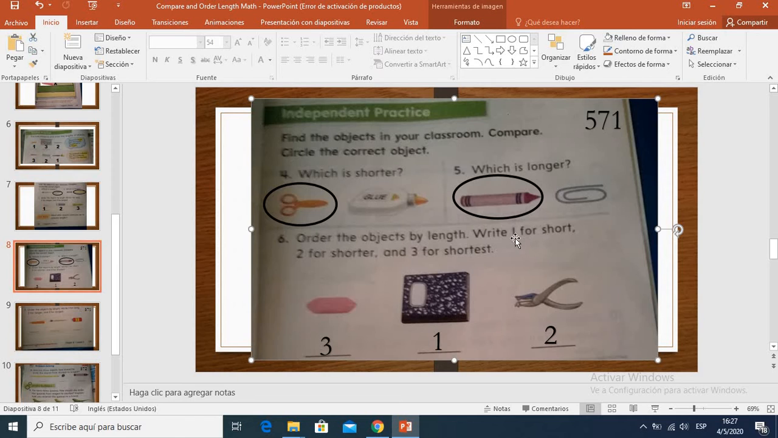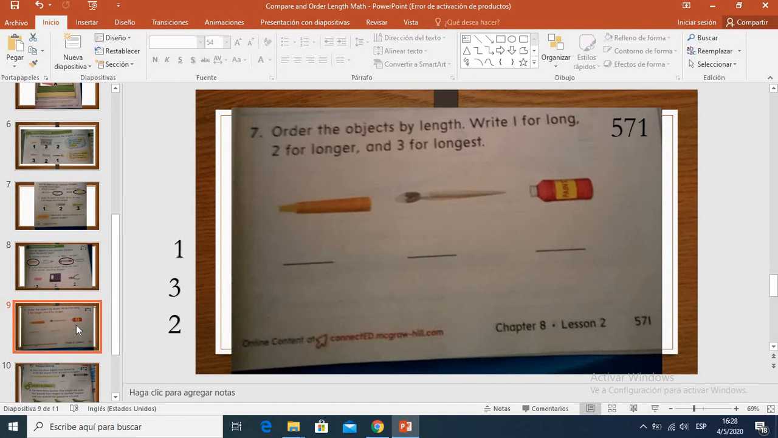That's why we wrote the number 1. Now, the hole puncher is short and the eraser is short. But, the hole puncher is longer than the eraser, but is shorter than the notebook. So that's why it's the number 2. So, of the 3 objects, which one is the shortest? ¿Cuál es el más cortito? The eraser. That's why we wrote this order, 3, 1, and 2. I hope you understood. Let's go to the next page,